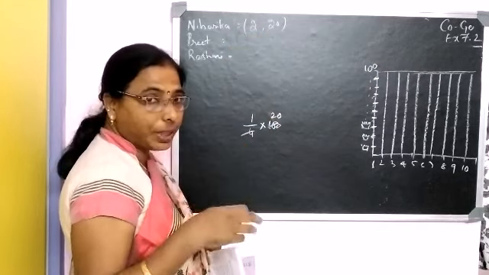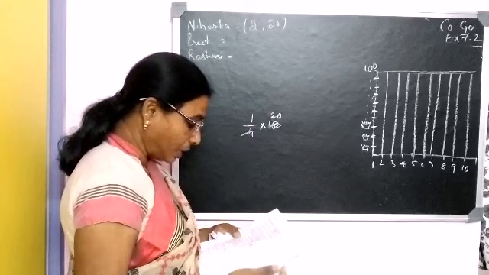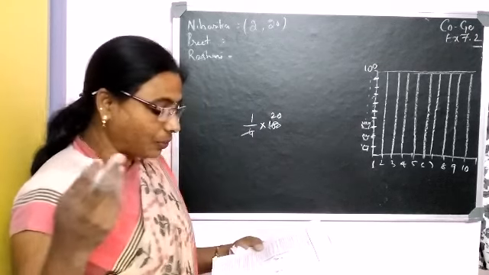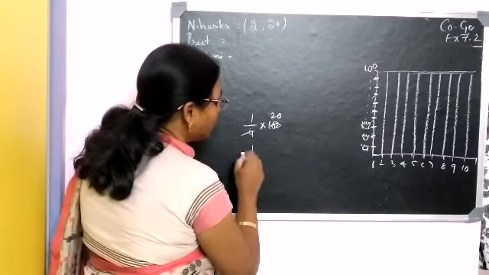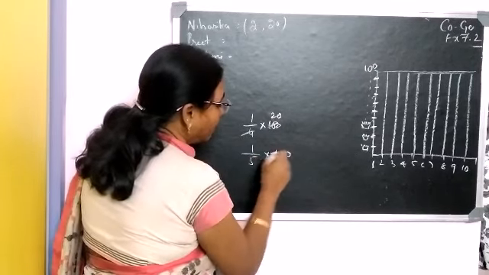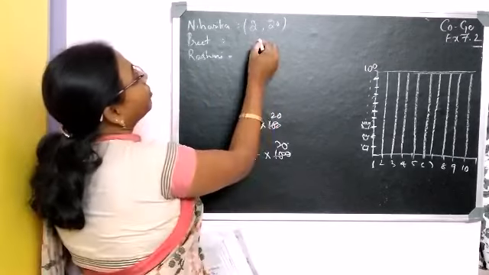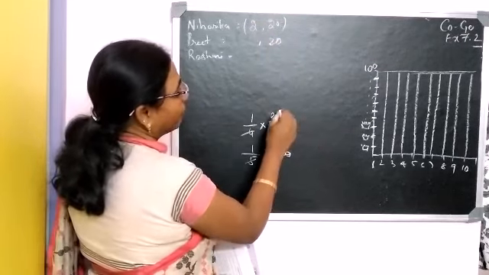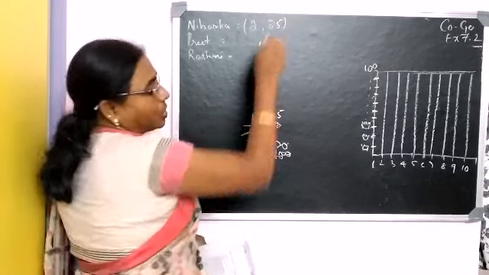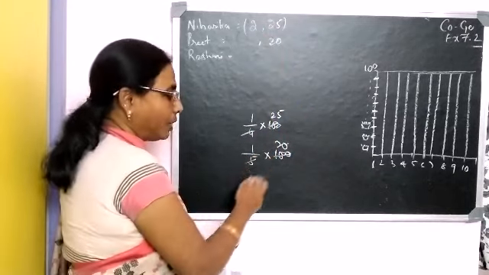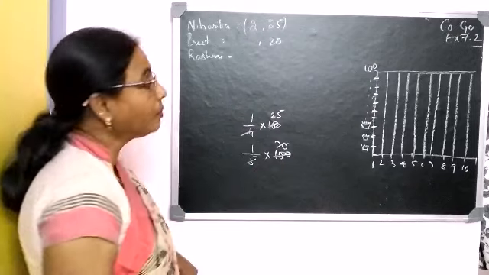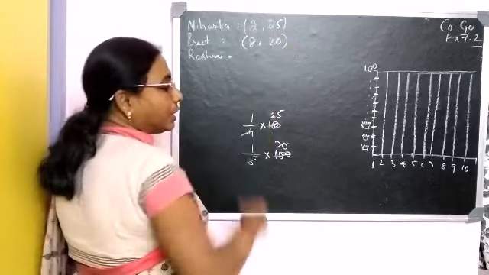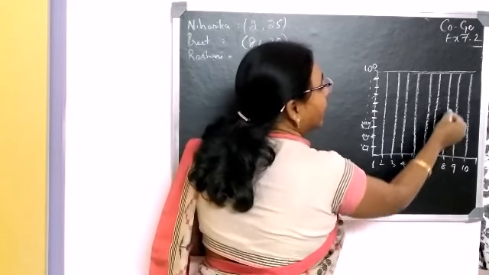Next one is Preet. Preet is running on the 8th line. Check the question: Preet runs 1/5 of the distance of AD. That means 1/5 of 100, that is 20. Here it is 25, sorry, 4 ones are 4, 25s, and 5 ones are 5, 20s. Now here it is 20, whereas Preet is running on the 8th line.